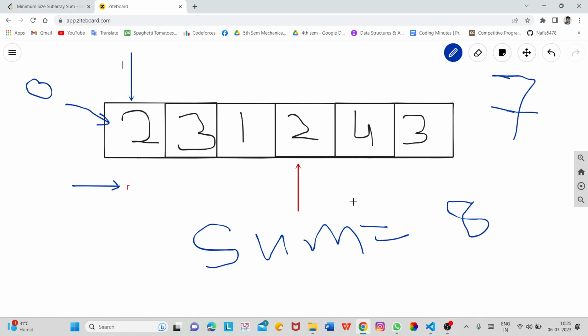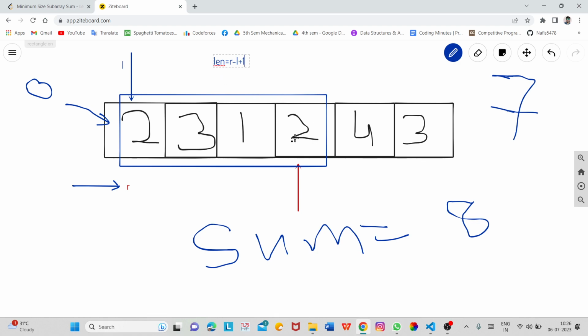So this subarray can be our answer. We calculate the length of this subarray as r minus l plus 1.